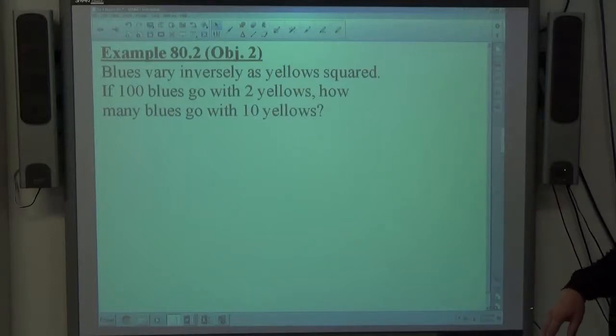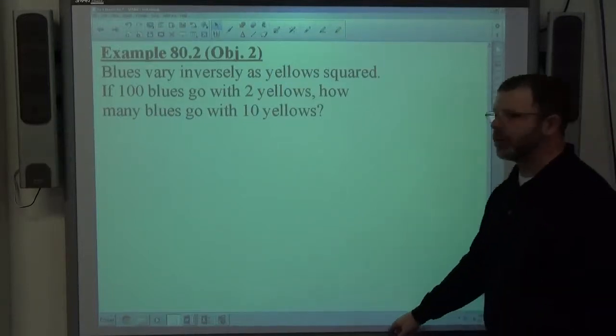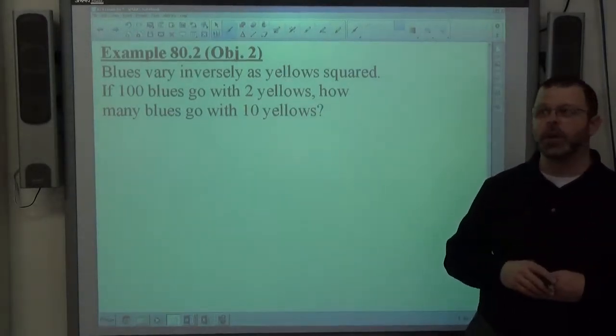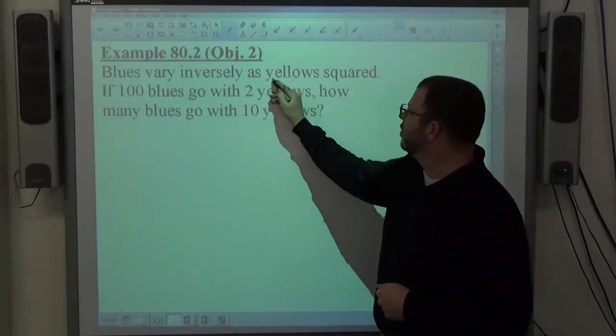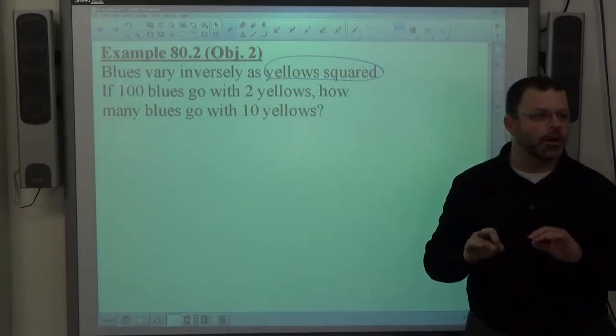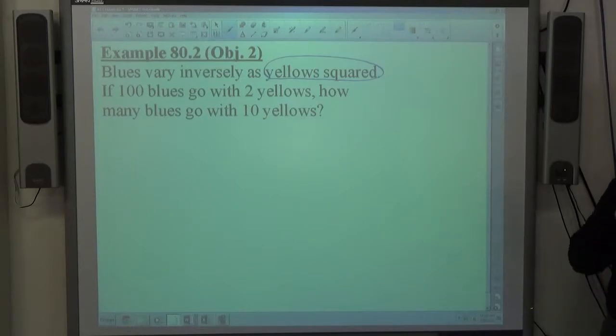Okay, example 2. Blues vary inversely as yellows squared. So a couple things going on here. First of all, we're going to use this new technique, this equal ratio method, to do this. But also notice it says yellows squared, not just yellows. So be careful that when we write our formula down, we're going to put a square on the yellows,